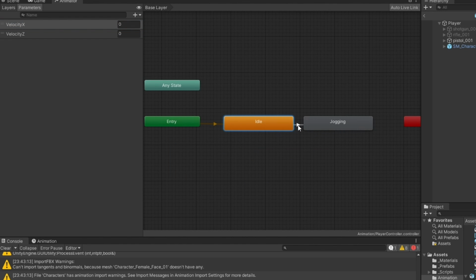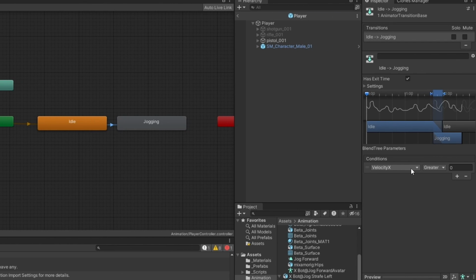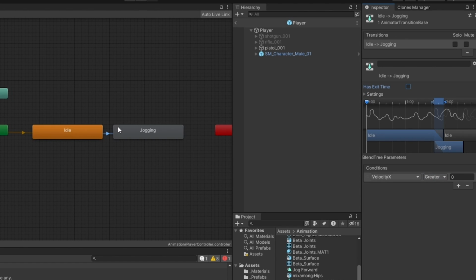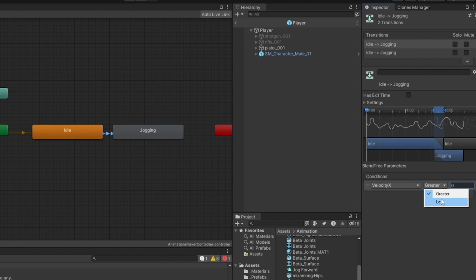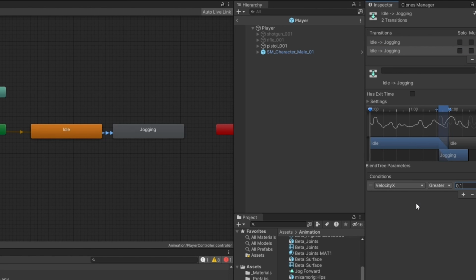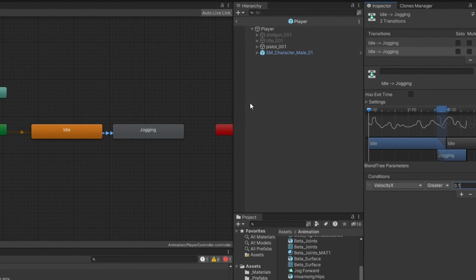And of course, we also need to make a transition over here for whenever the velocity X is going to be greater than 0. Not going to have any exit time, and going to move it over again time whenever the velocity X is less than, and let's just say less than 0.1. Here it's going to be greater than 0.1. That's probably a smarter way of doing this. I do think all conditions need to be met though, so I can't just put more of them into one,